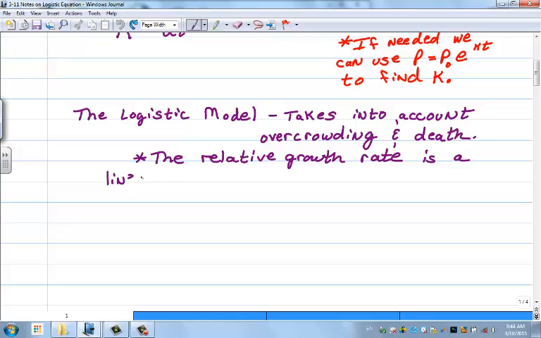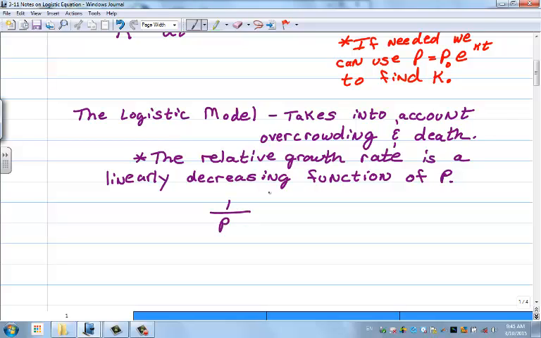Okay, I'm back. So the relative growth rate is a linearly decreasing function of P, where P is the population. Because if you look at this, it's going to be 1 over P times dP